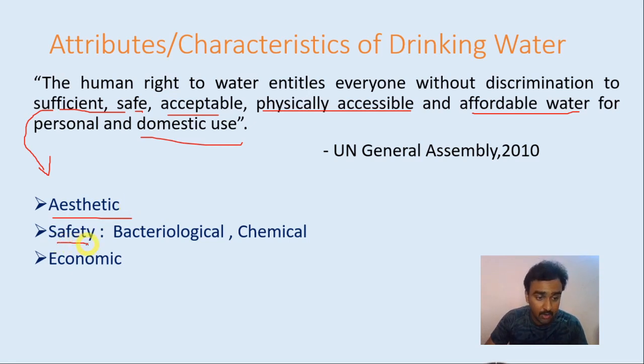If you take safety into account, then the water which we will be producing should be free from pathogens as well as toxic chemicals like heavy metals. And economic category says that the water we will be producing should be at a reasonable cost. So whatever water we produce based on the beneficial uses should contain these three attributes. Then we can say that if the water is aesthetically acceptable, safe, and economical, then the water which we are producing is potable as well